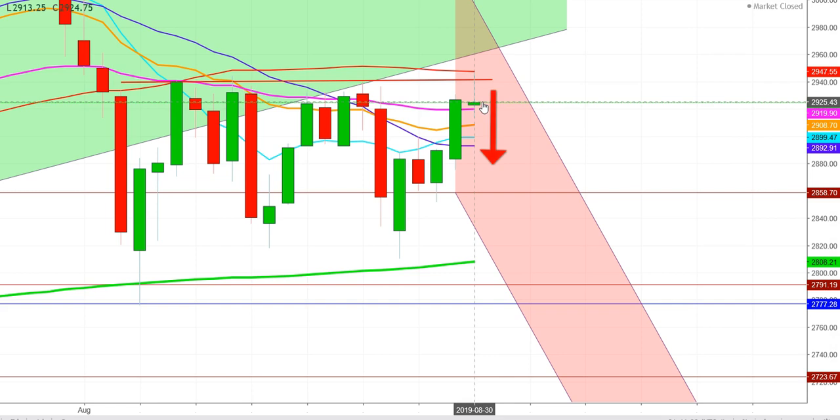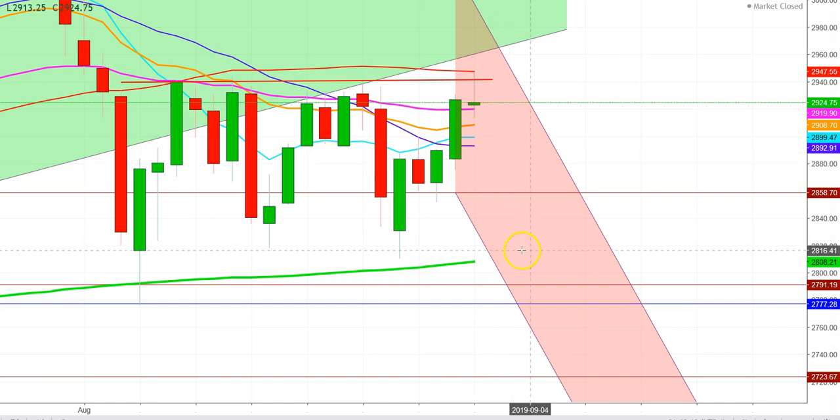if we find a downward move from the levels of 2925 to 2878 on September 1st, 2019, that will confirm continuation of a downward trend, which will confirm the formation of this exhaustive candle. If the S&P 500 futures form a red candle on September 1st, 2019 from the levels of 2927 to 2888, we will get the confirmation of this exhaustive candle, when we can see the S&P 500 futures remain in sharp sell-off mode.